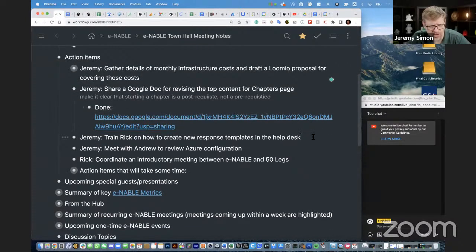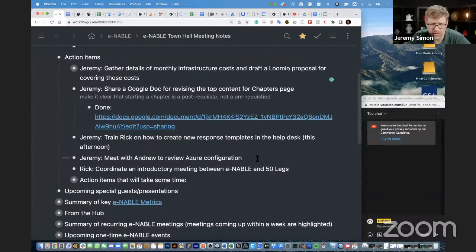Next one is for me to train Rick on doing new response templates in the help desk. And we just set up a meeting for this afternoon. So we'll do that as part of that. We got to look at a couple of other issues too. And then I mentioned this one, I've got to set up a meeting with Andrew to look at our Azure